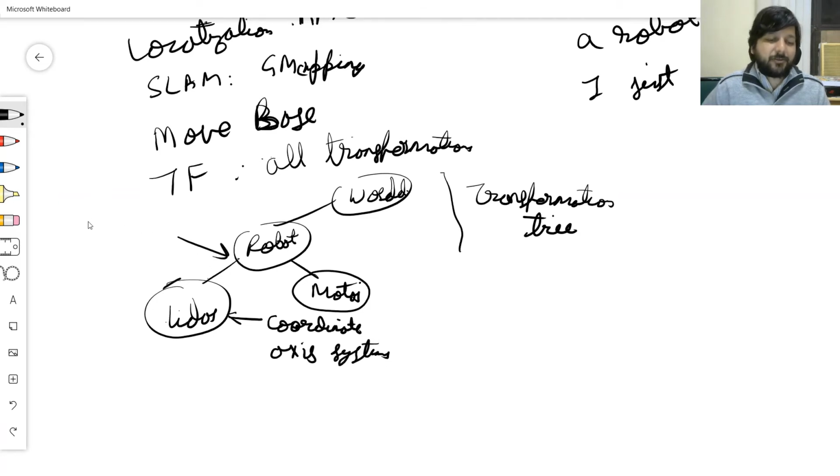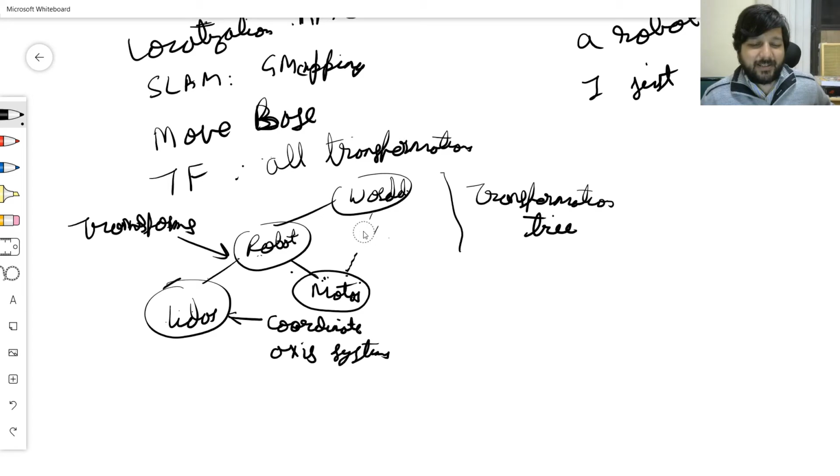And the edges show the transforms between the coordinate axis systems. If I need to know the transformation between robot and motor, it's stored here. If I need the transformation between LiDAR and motor, I'll transform this to this and this to this. So I'll get it. And that's why it's a tree, because if I make it in the form of a graph, world to motor will be a transformation T1, but there'll be another transformation from world to robot, robot to motor, and if both of them are not equal, there will be an ambiguity,